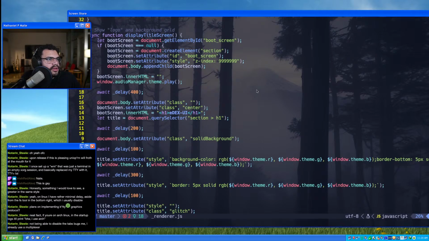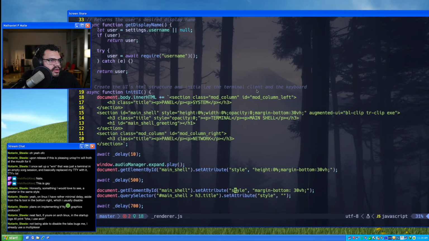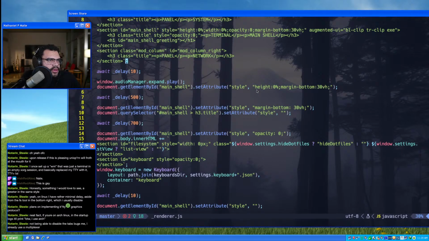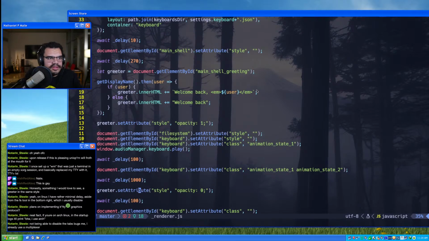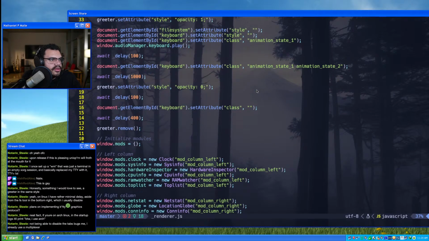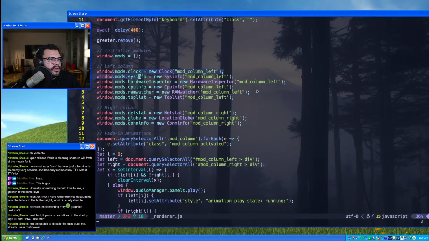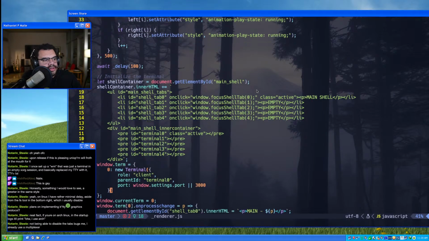Show logo and background grid. Display title screen. Boot screen selection. Z-index 99999. I love this pattern in JavaScript projects. Okay. So it's just, oh, I see. So this is styling where everything goes in the main shell area. So this is probably laying out physically where everything sits on the screen, if I had to guess. Yeah, that makes sense. Mod column left, CPU into a right column, fade in animations. Well, this is pretty neat that you can do all this stuff in essentially